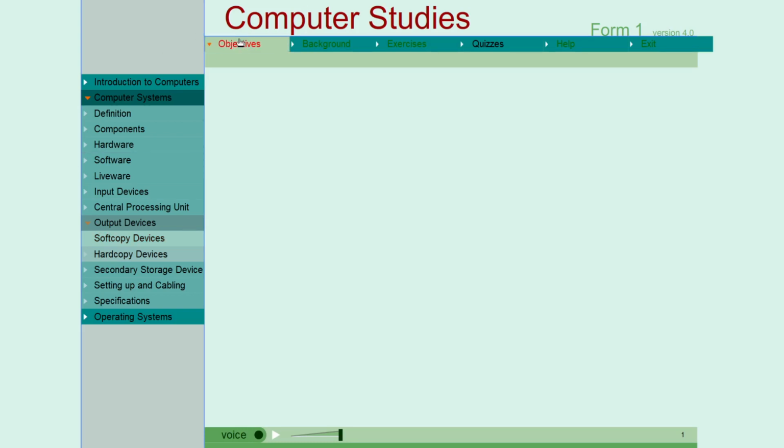By the end of this lesson, you are expected to describe soft copy and hard copy output devices. Output devices display information that has been held or generated within a computer, converting machine-readable data that has been processed into human-readable form. They can be categorized into soft copy and hard copy output devices. Soft copy output devices produce output that is temporary and intangible, while hard copy devices produce output that is permanent